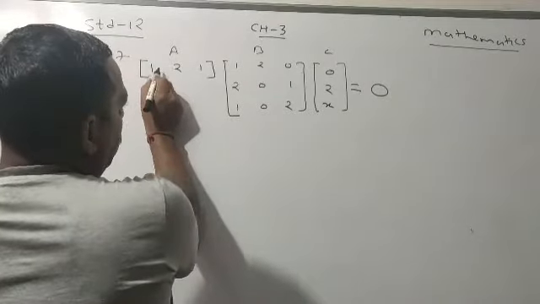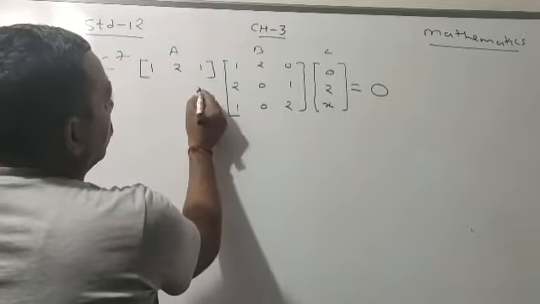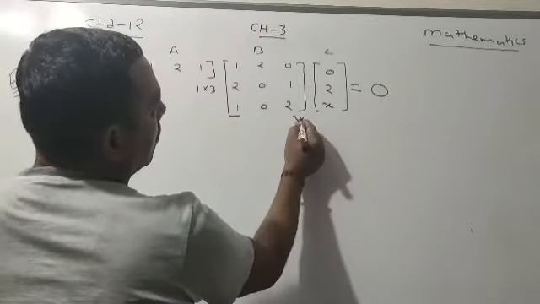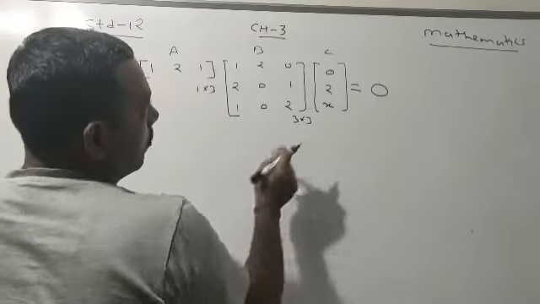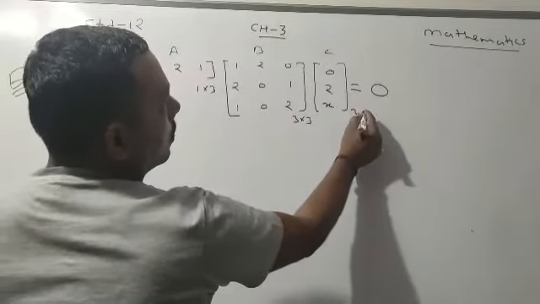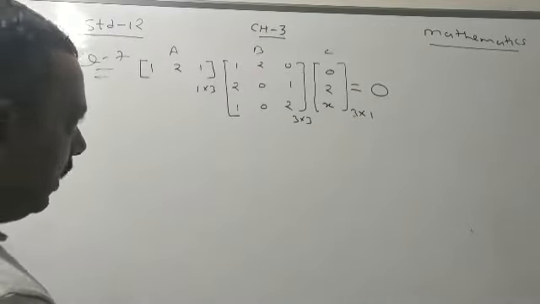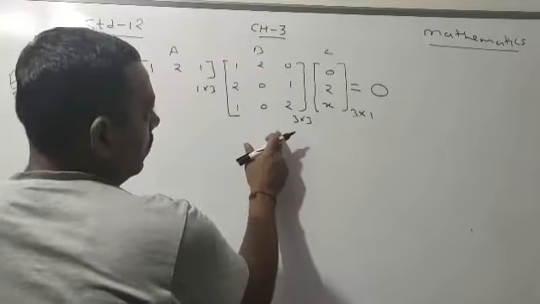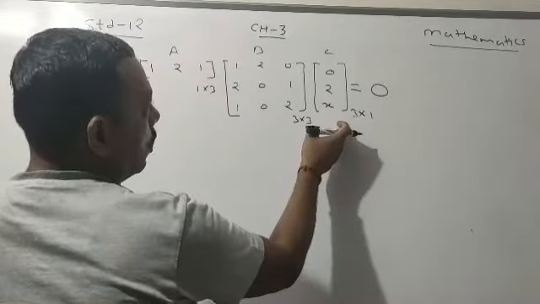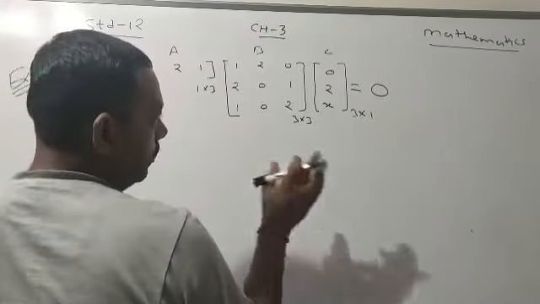Now observe the order of the first matrix. 1 row, 3 columns, so we can say it is 1 by 3. Same way, B is clearly 3 by 3. But what about C? 3 rows, 1 column, so it is 3 by 1. So the choice is yours. You may find AB first and then multiply the result of AB with C, or you may find BC first and then multiply with A. It is up to you.